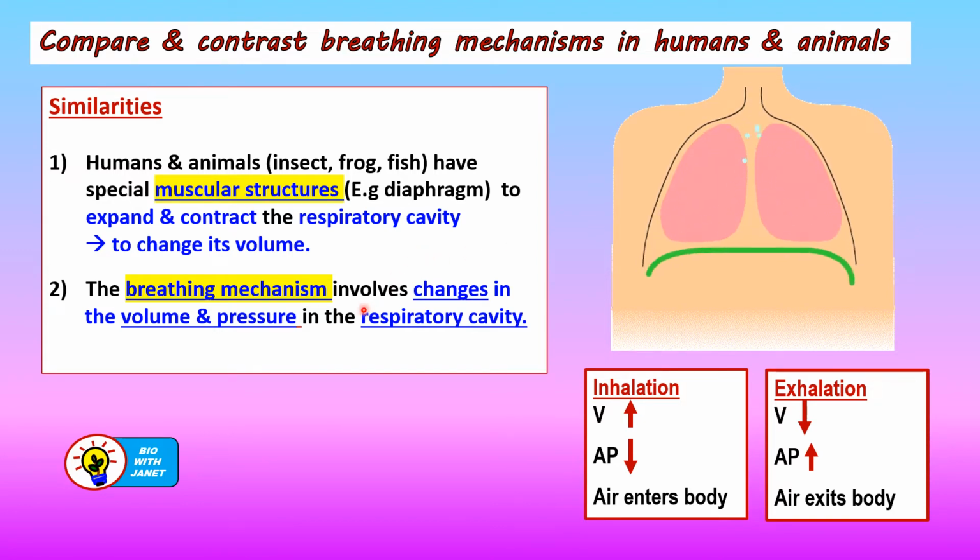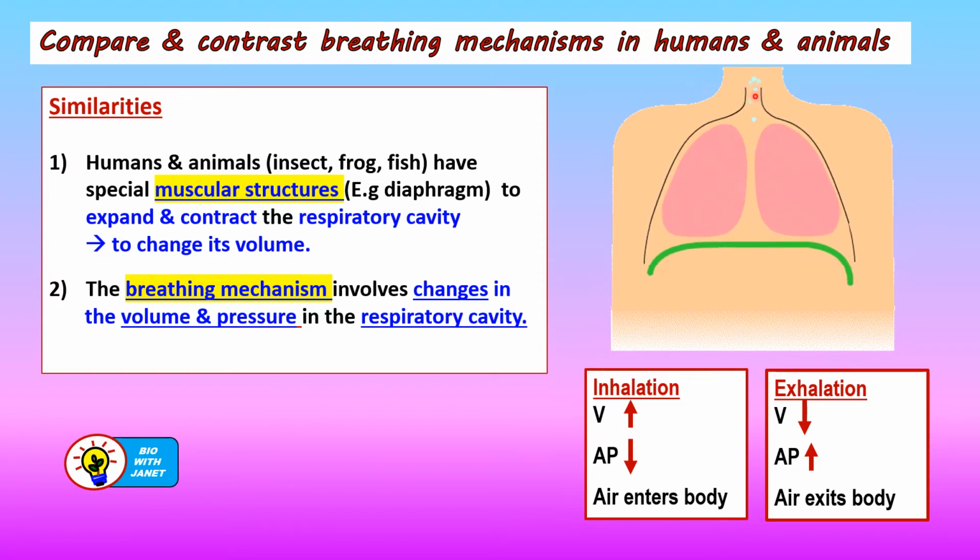Then the breathing mechanism involves changes in the volume and pressure in the respiratory cavity that are caused by these muscular structures. The muscular structure, like the diaphragm, can move upwards or downwards, and it will change the volume of this thoracic cavity, and thus it will change the pressure in this thoracic cavity. Then it will cause inhalation and exhalation to occur. So for inhalation, the volume of this thoracic cavity will be increased. When the diaphragm moves downwards, the air pressure will decrease so that air can enter the body from the atmosphere,